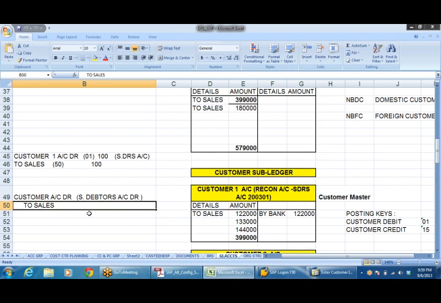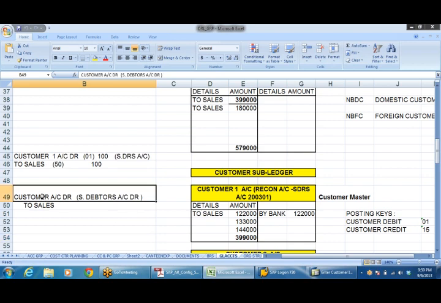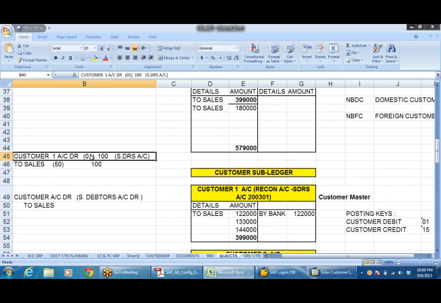So this is income. These fundamental golden principles are there, and you have to follow them. Based on that, these entries will be posted. Now we are going to debit the customer account, and as soon as you choose it, the system will post to the sundry debtors account because we have already linked the customer account and sundry debtors. And we'll be posting to sales. In the case of GL, we have taken posting key debit 40, credit 50. Similarly here we are going to use debit 01, credit 15.